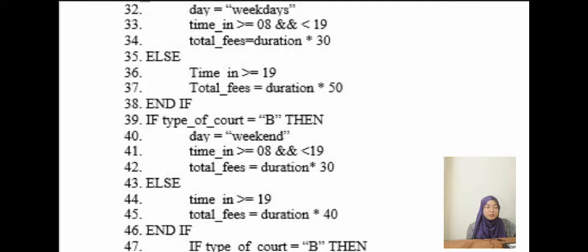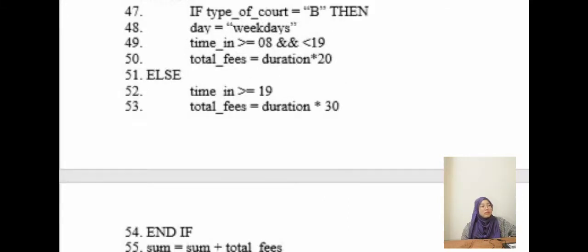If type of code equal to B, okay, and then day equal to weekdays and time in bigger than or equal 8 and smaller than 19, we times the duration with 20, else time in bigger than or equal 19, total fees we times the duration with 30. Okay, we end the if. And then we will